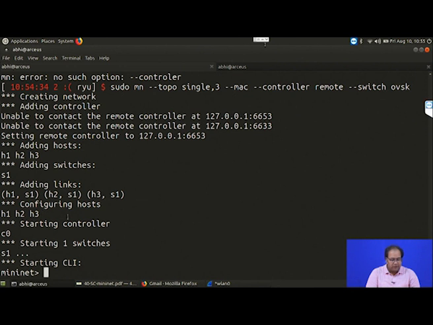So, it has configured the 3 hosts, started the controller, but the controller was not able to connect, and one switch has been started. So, now you got the mininet console here. Now, from that mininet console, if you try to ping something, we make the command as H1 ping